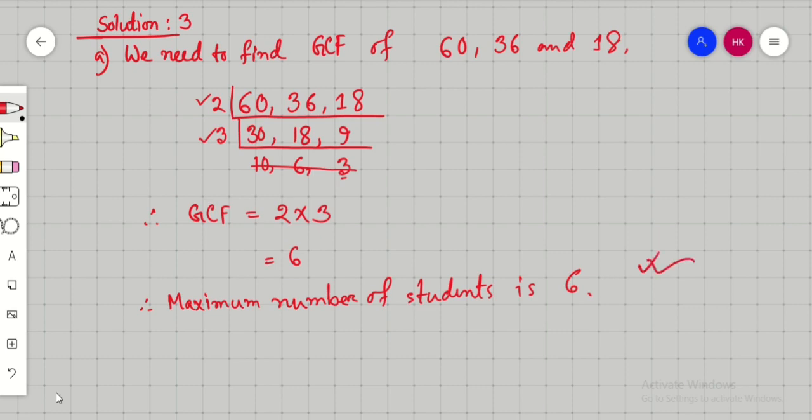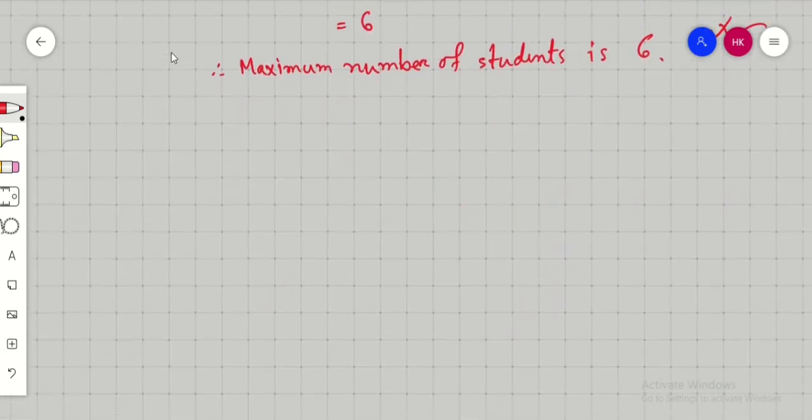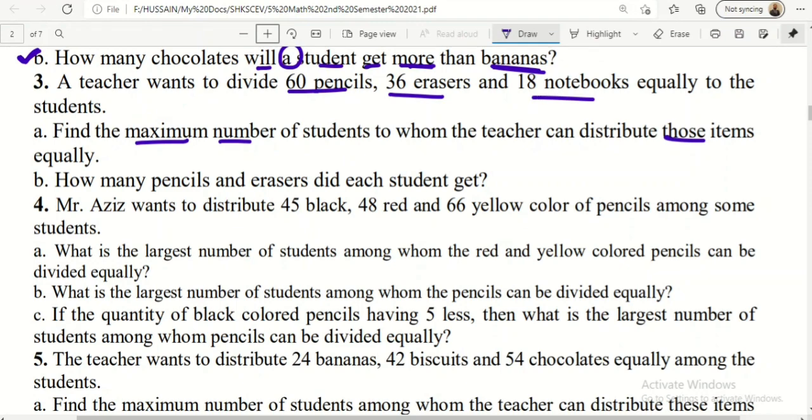Now we move on to our next question, question number B. At first we read the question again. How many pencils and erasers did each student get? This is pretty much like the previous number. Number B, how many pencils will each get? There are 60 pencils, which will be divided by